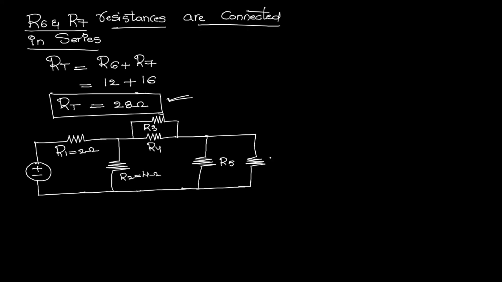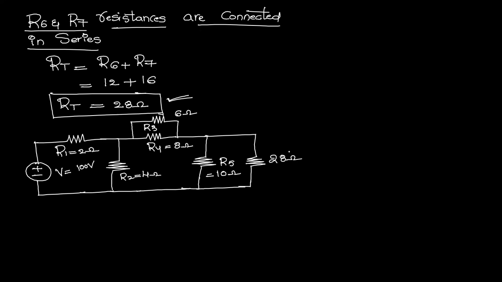So here we got the value of equivalent resistance as 28 ohms, and the value of R5 is equal to 10 ohms, the value of R4 is equal to 8 ohms, and the value of R3 is 6 ohms, and applied voltage V is equal to